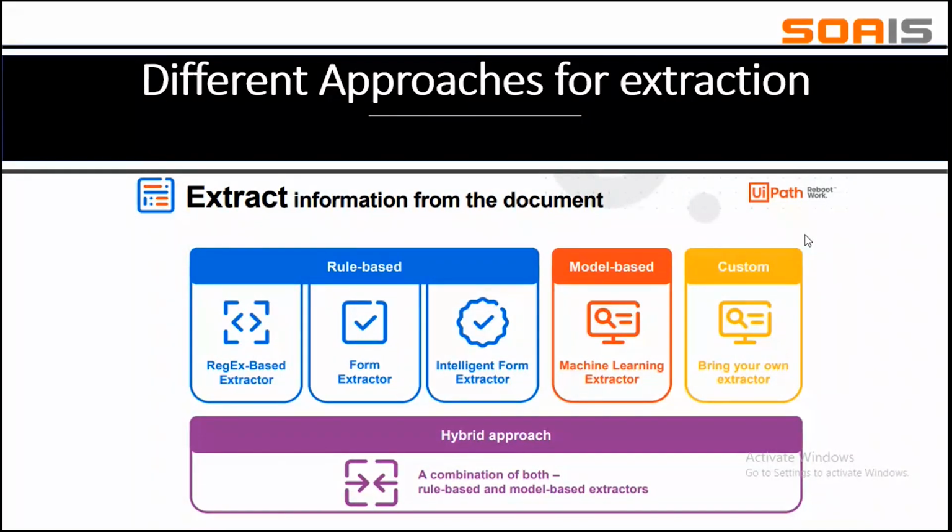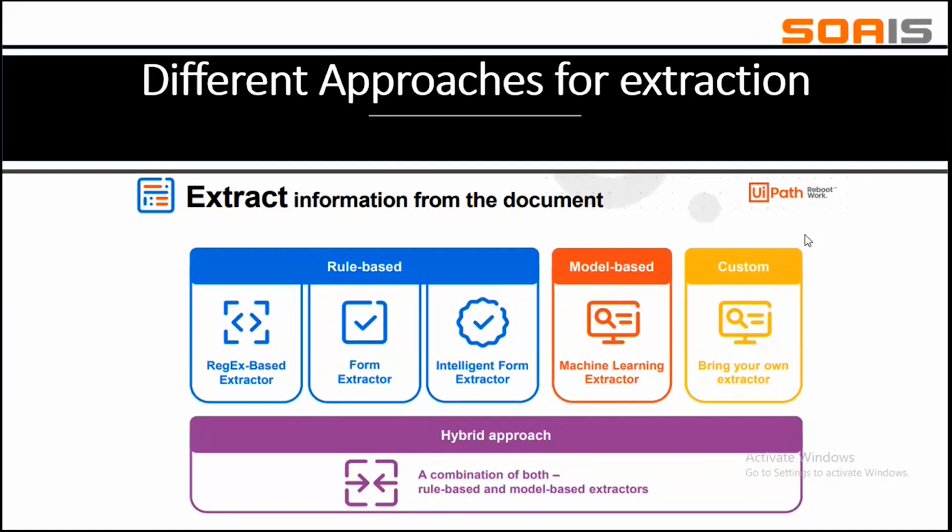Like, for example, in one of the business requirements, we don't have to extract the invoice number. Instead, we want to extract the table or the rest of the other fields and not the invoice number. So basically what you can do is modify your invoice ML model that has been designed for invoice. And one more advantage is you don't have to have data science knowledge to create a machine learning model